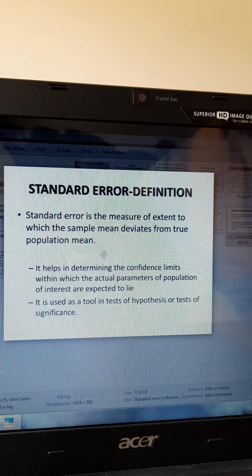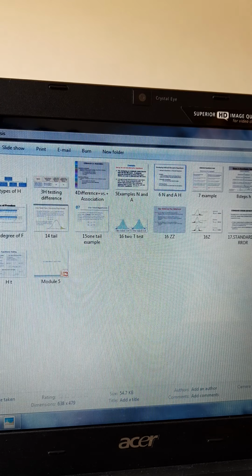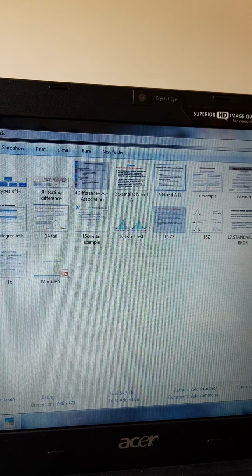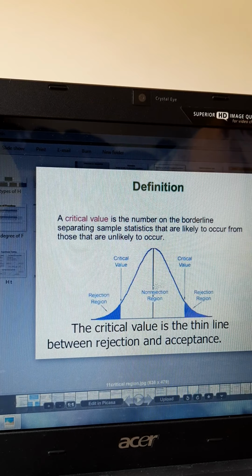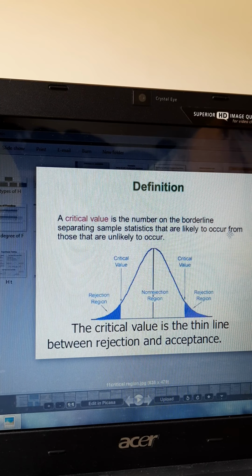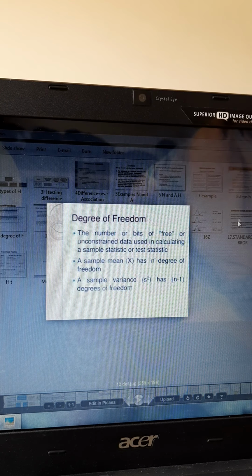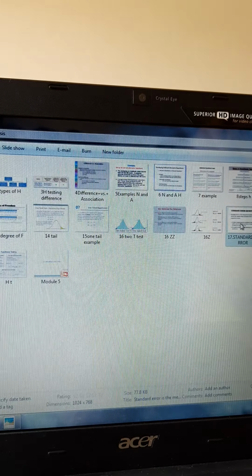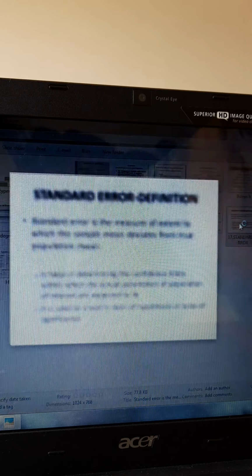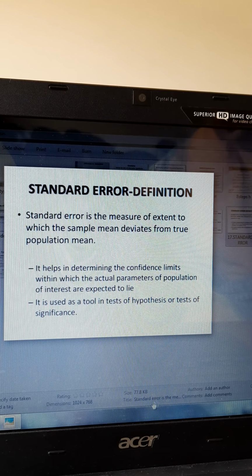It also helps to determine the confidence limits within which the actual parameters of the population of interest extend. If you remember that diagram with critical regions, this is the answer. Confidence limits. If you understand this, then you will be able to correlate it with standard error. Right. So the next one is